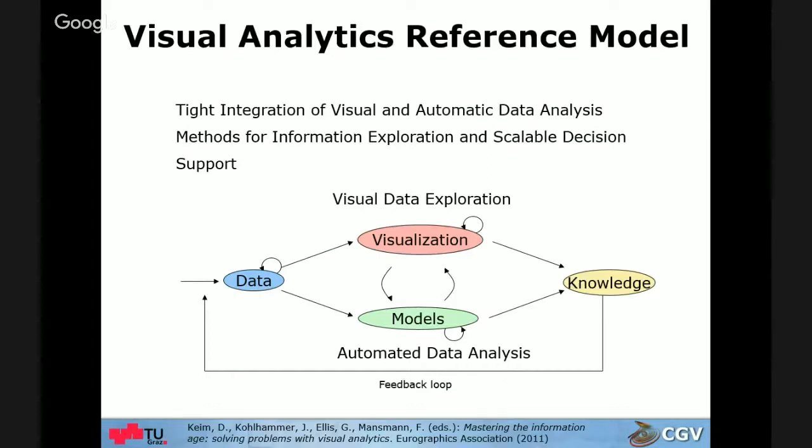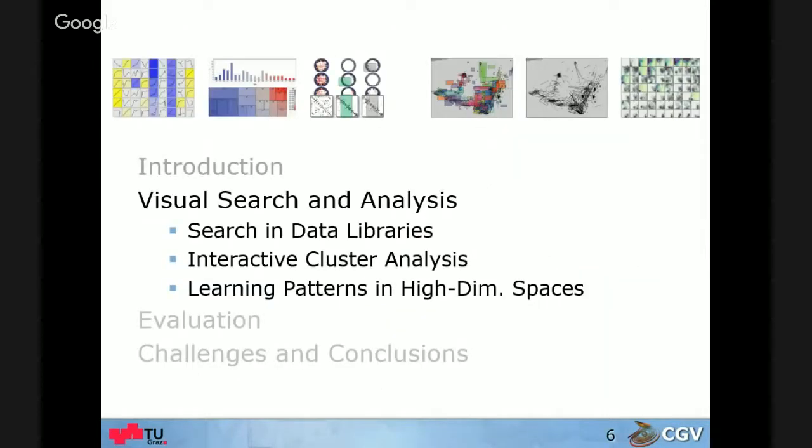Yeah, after a brief introduction, now I would like to discuss a number of research projects that we've been working on in the last years, in which I want to outline specifically how visualization approaches and data analysis approaches can be integrated to design systems that allow us to search and analyze complex data. And I want to go through three areas and give some indications of how such systems can be designed. All right, starting with